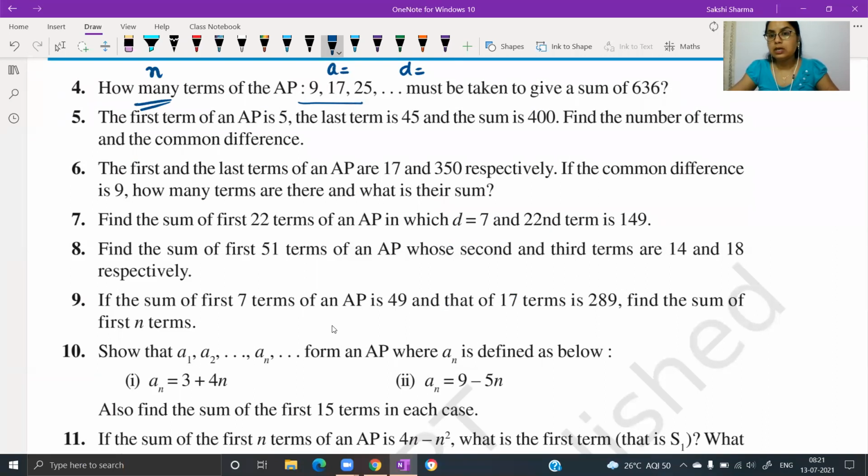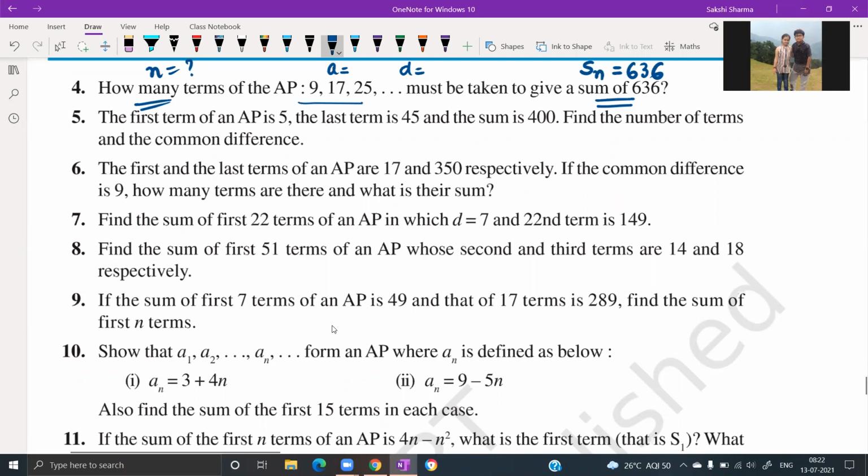So let the number of terms be n, whose sum is 636. So we can take Sn as 636. You have to find out n. So this is actually a question similar to the parts we did in the third question. उसी की तरह का question है, but इन्होंने इस तरह से describe करके आपको दिया है. So you can proceed by writing down the values for A, D. Assume that there are n terms giving a sum of 636 and then find out n. Will you be able to do this? Yes, ma'am.